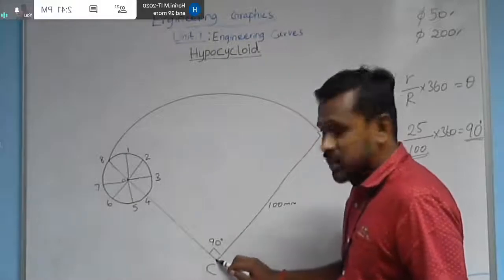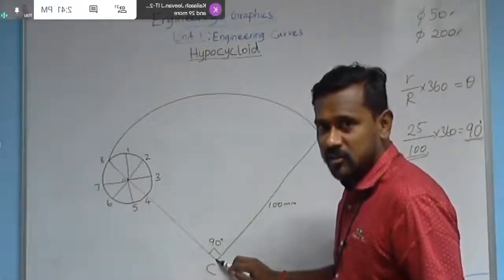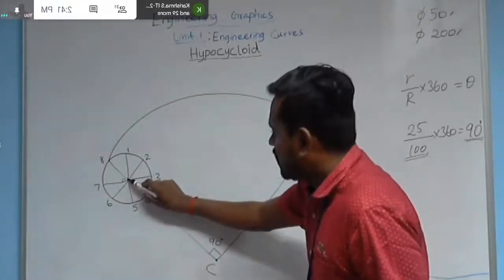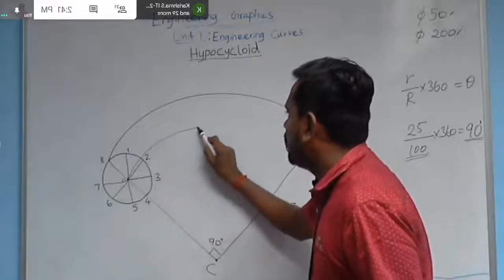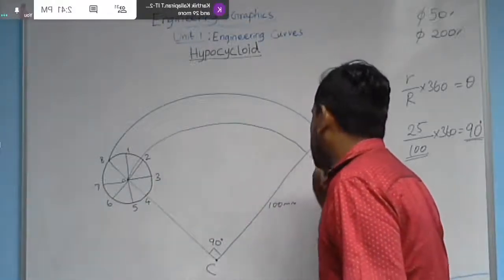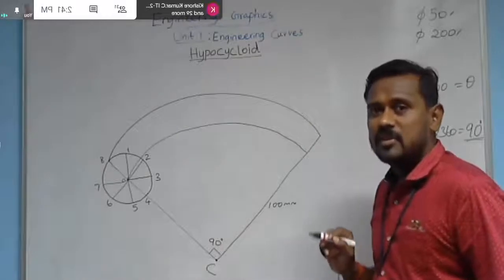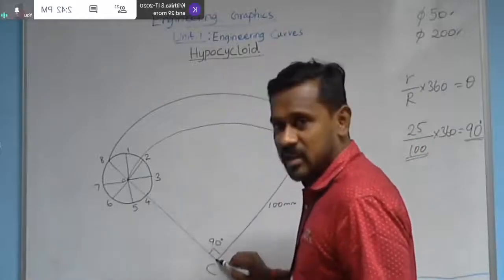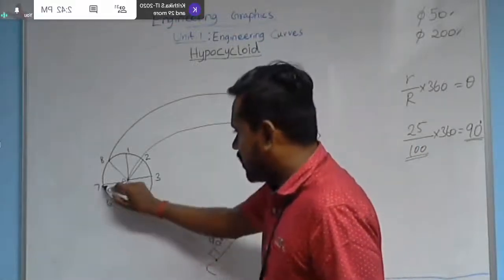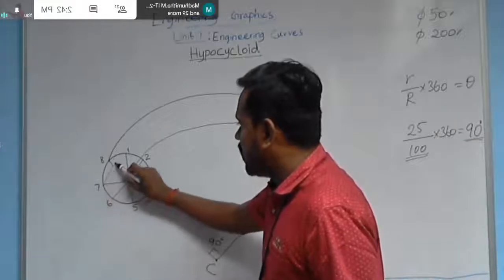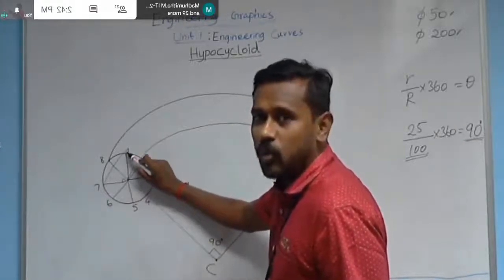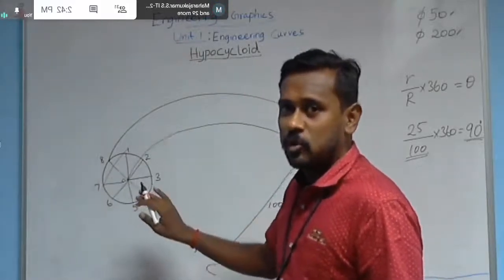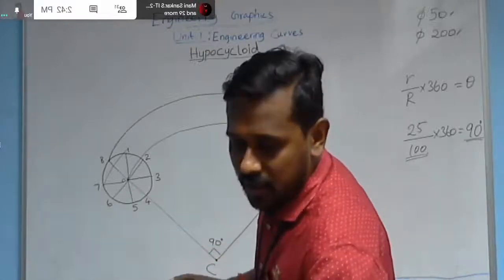Now, taking the common center C as the origin in our compass and CO as radius, draw an arc up to this range. That arc is nothing but the arc of centers. Then, taking the common center C as center and C7 as radius, you can draw an arc which passes through the point 1 also. Here, this is not a perfectly dimensioned circle. So when you work with proper tools on your paper, you can definitely get it in the correct way.